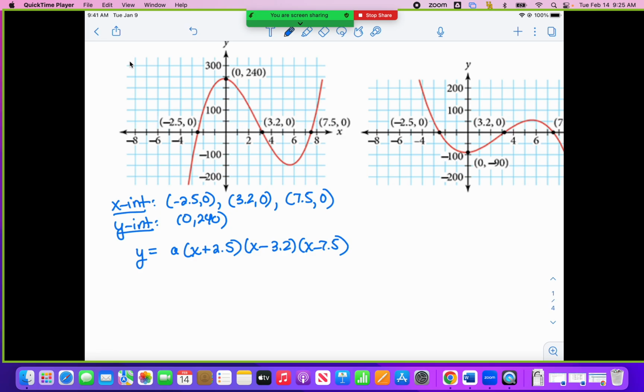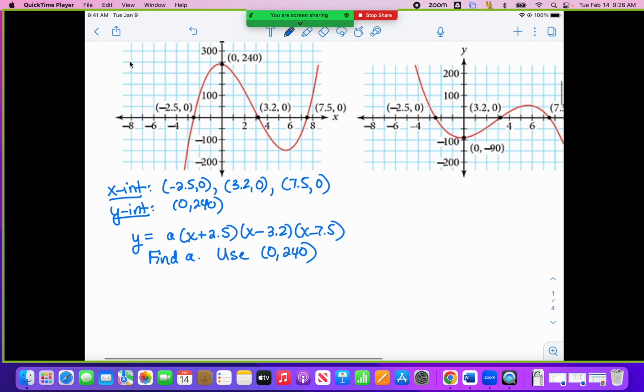Do you remember us talking about this earlier this year? So we had x even, negative x even, x odd, negative x odd. So this is an x cubed shape. So that's how I know there's not any more. Then what you're going to do to solve this is you need to find a. So you use any other labeled point other than your x-intercepts to find the a value. So I'm going to plug in 240. And then if x is 0,